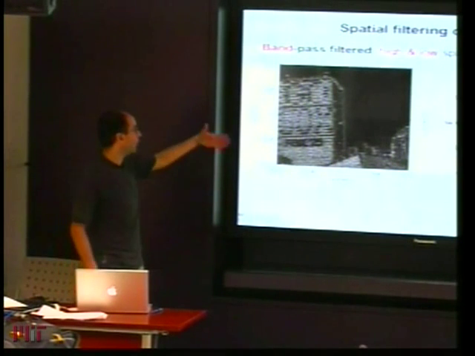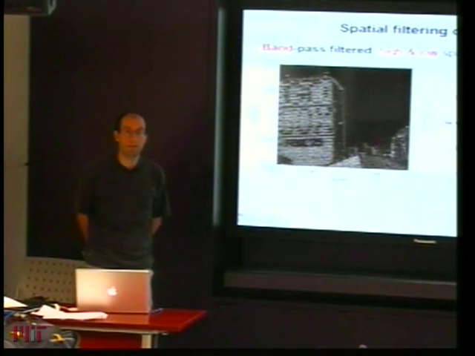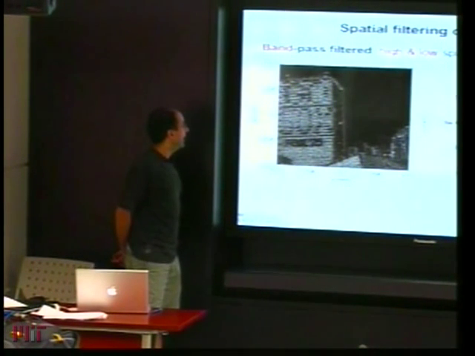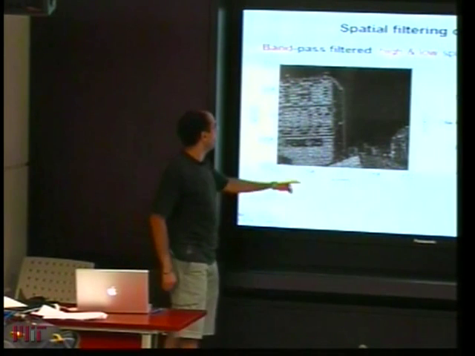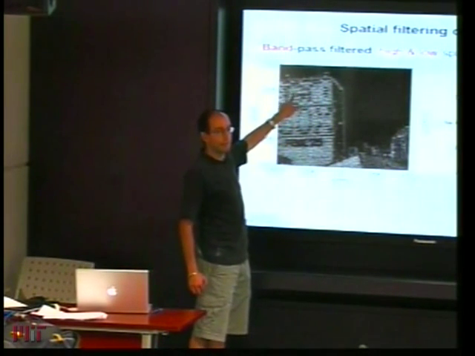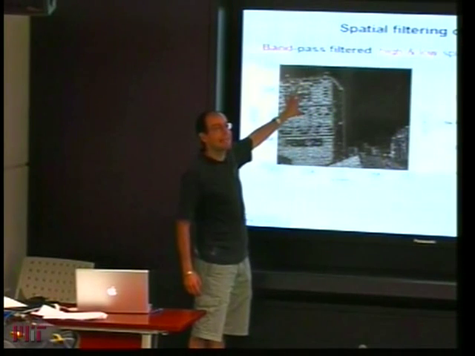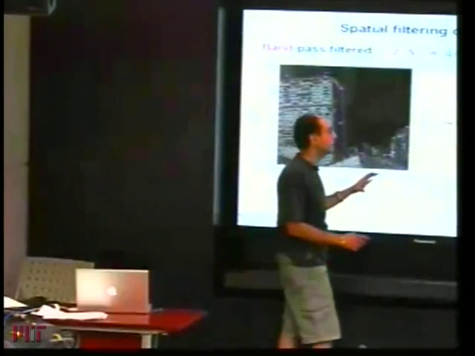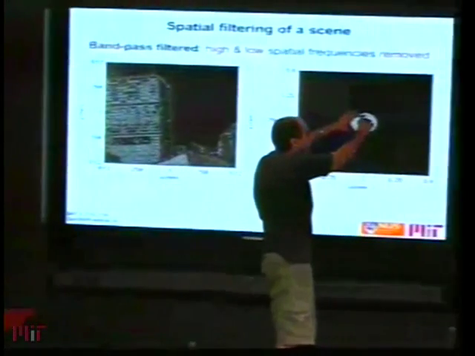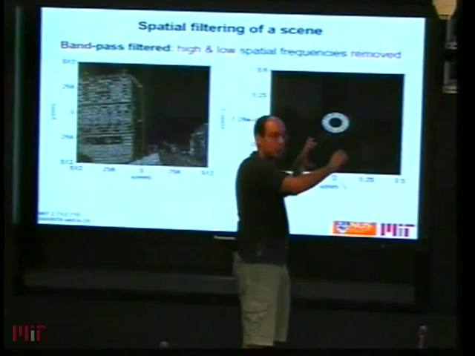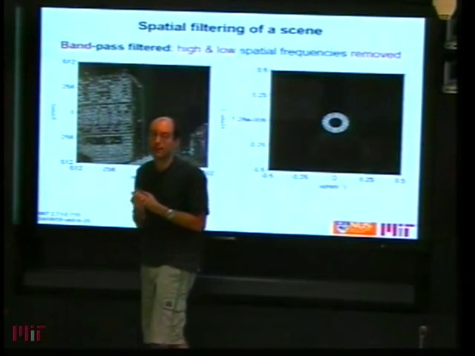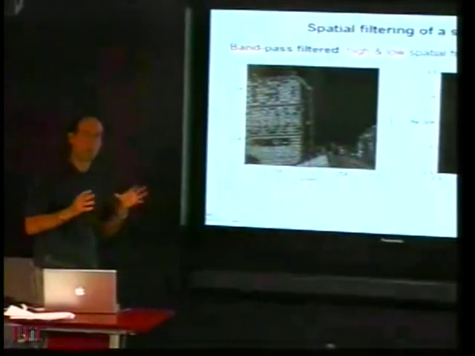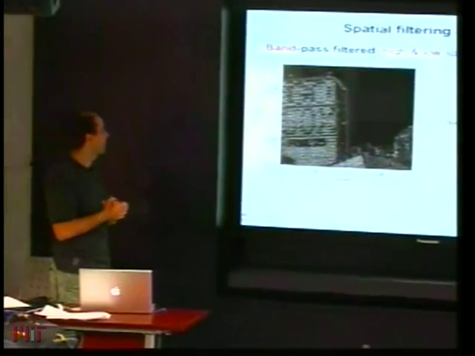So you can see that you can do quite interesting manipulations on images using this concept of spatial frequency. And actually the Go Sox signal has not quite vanished. If you look carefully, there is a little bit of evidence of it here, but it's quite hard to see. There is a little bit of evidence because some of the frequency content leaks into the intermediate frequencies, so some of it has survived, but mostly it is gone. So it is not a perfect filter, but it works quite well.